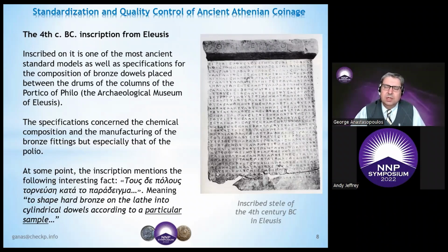This standard was written in the 4th century BC. So we're talking about 2400 years before now. It is considered the most ancient standard we know, because probably there were more, but we didn't find them yet. So this is the most ancient documented prescription, an inscription that sets specifications for the composition of bronze dowels placed between the drums of the columns of the ancient buildings. So the specification makes reference to the chemical composition and the manufacturing process of those bronze